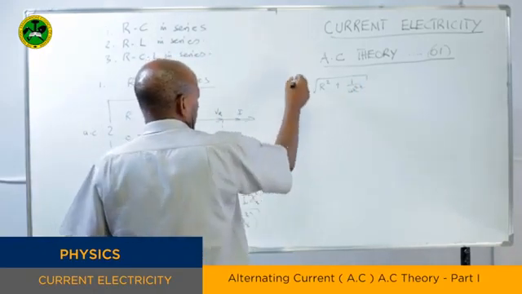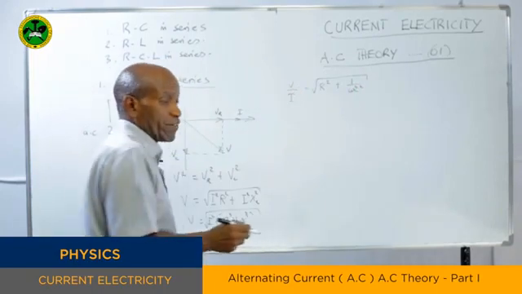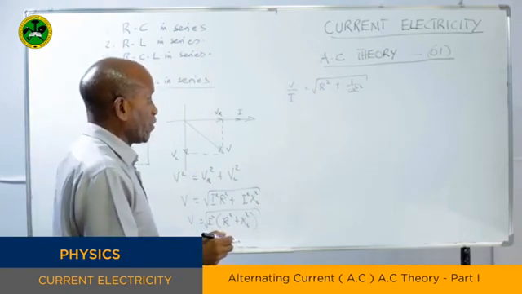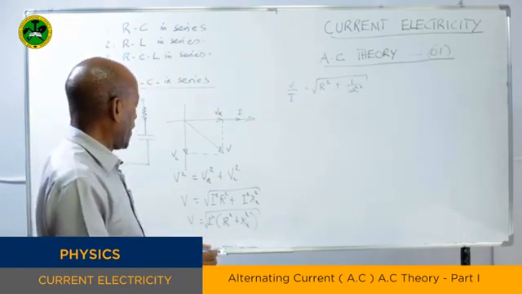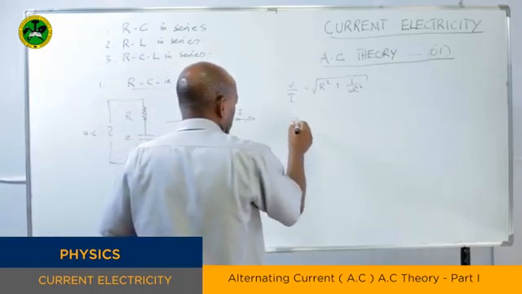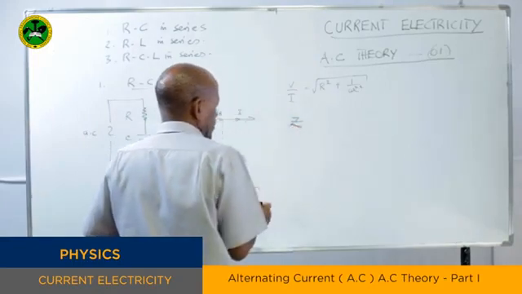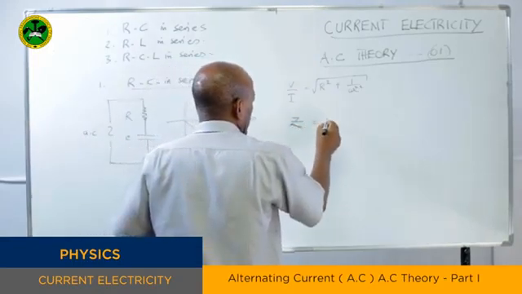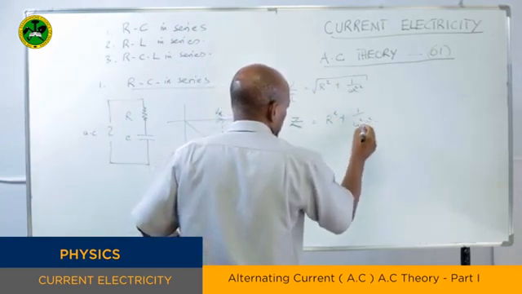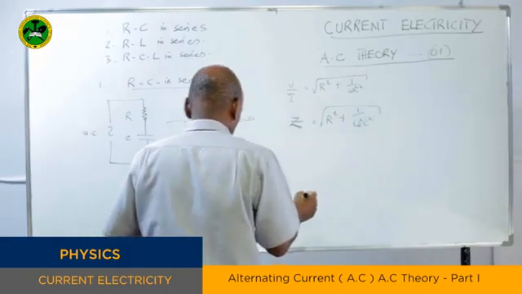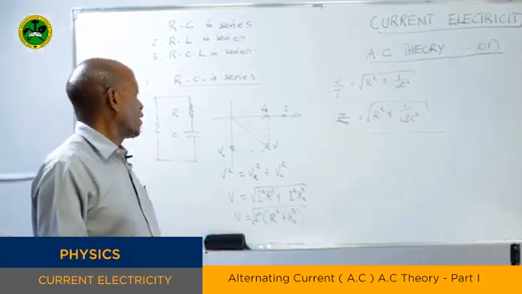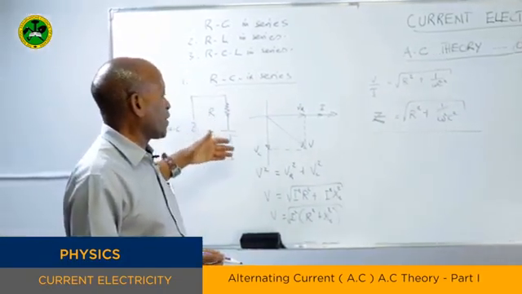We're having that. And if you look at this V over I, this is just like a resistance. But we are not calling this a resistance because it's a mixture of resistance with some reactance, and we call this an impedance. So we abbreviate this by calling it Z, and this will just be equal to the square root of R squared plus 1 over omega squared C squared. So this is the impedance, an oppositional force to a circuit containing a resistor and a capacitor whenever they are